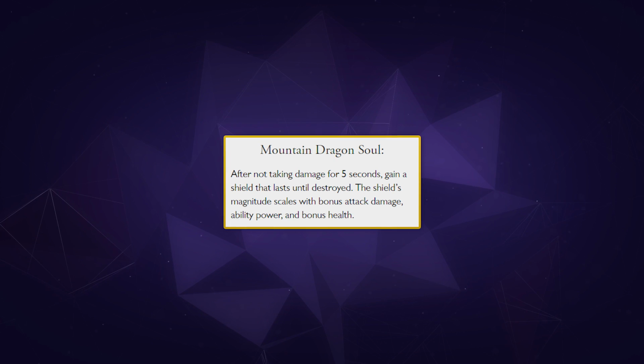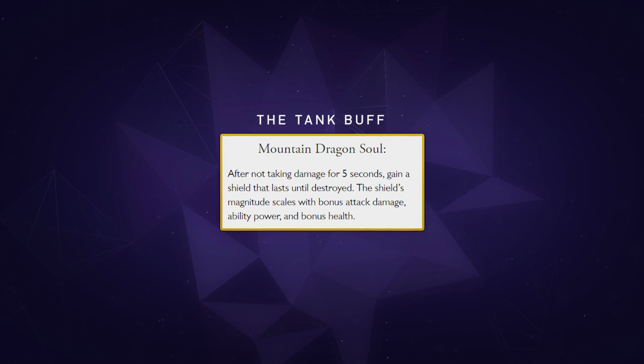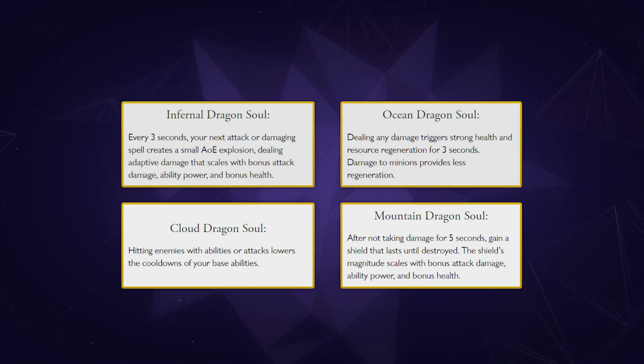And then lastly, we have the Mountain Dragon Soul, the tank buff. After not taking damage for 5 seconds, gain a shield that lasts until destroyed. The shield's magnitude scales with bonus attack damage, ability power, and bonus health. These changes are meant to put more emphasis on late game dragon control with how powerful all of these Dragon